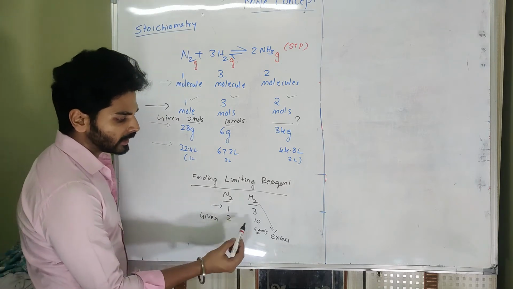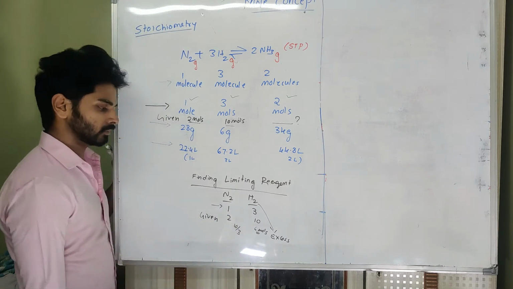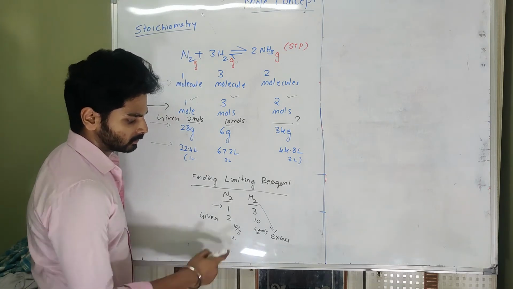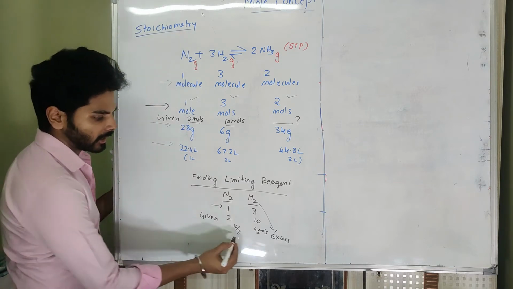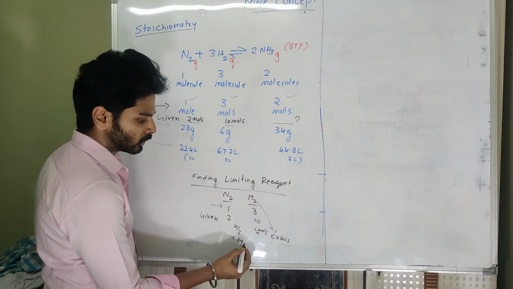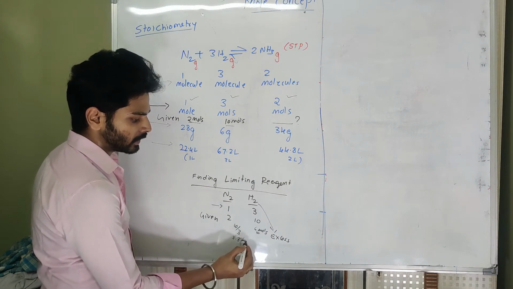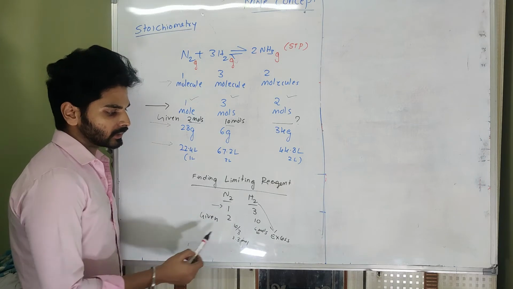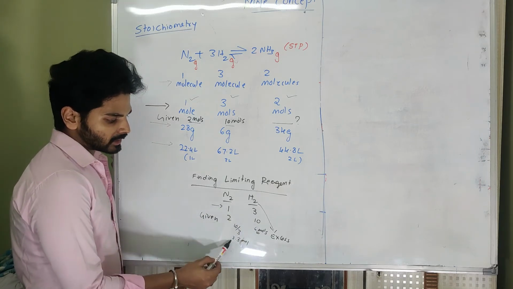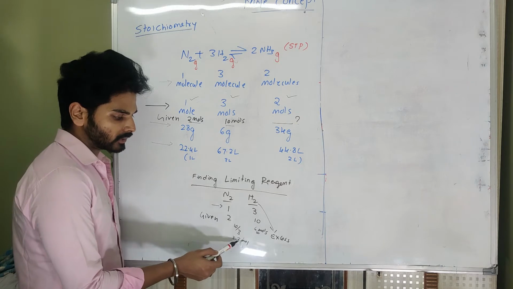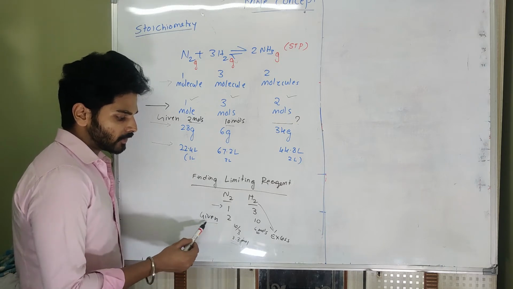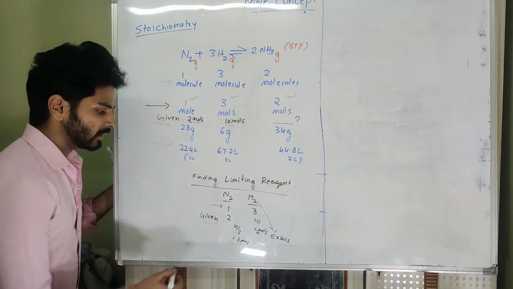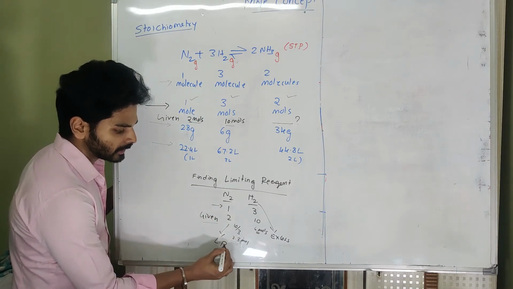So 10 moles will need 10/3 of nitrogen. So 10/3, we know, is 3.33, 9 and 1 remaining, and again 3.3. So 3.3 moles. So what does that indicate? 3 moles need 1 mole, that means 1/3 times. 10 moles need 10/3 times, that is 3.3 moles. What is required is 3.3 moles, and what is given to us is 2 moles. So the given amount is less than what is required, that means nitrogen is the limiting reagent.